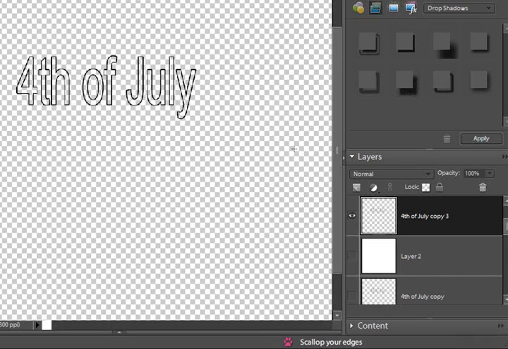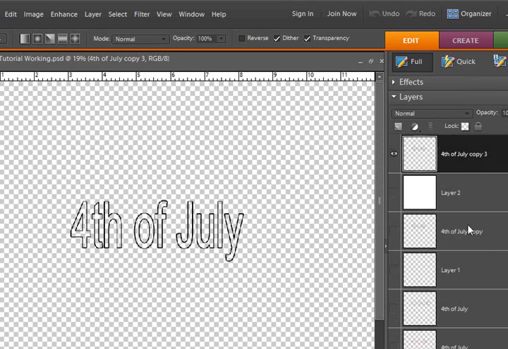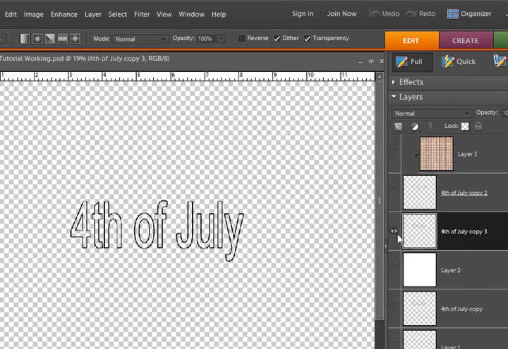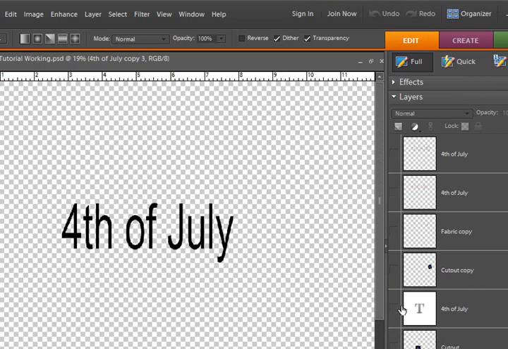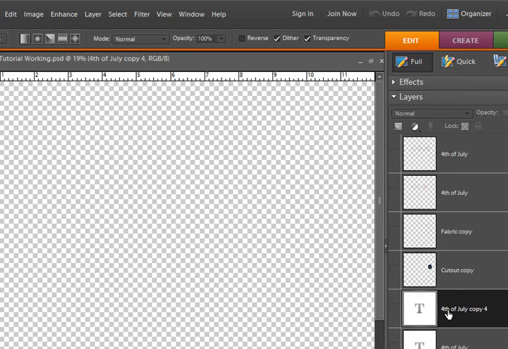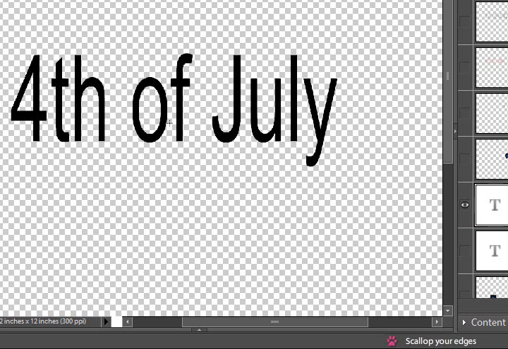I have here my file that I was playing in. Let's see. I just opened it up. Let me find, here's the text layer. So I'm going to go ahead and copy that with Control J so I have something to play with. So here's some text I made with